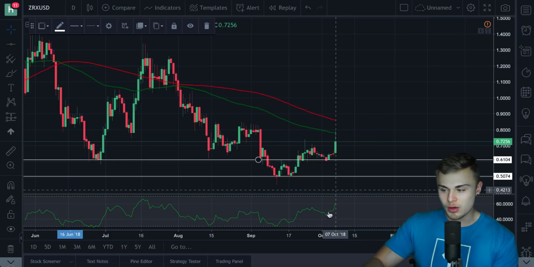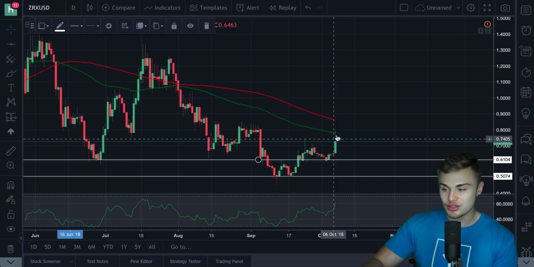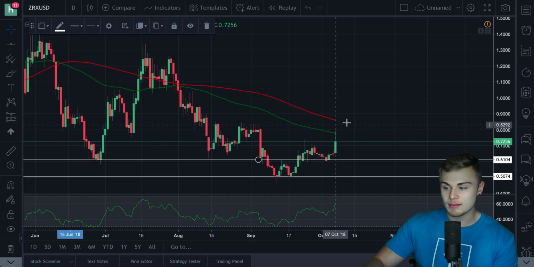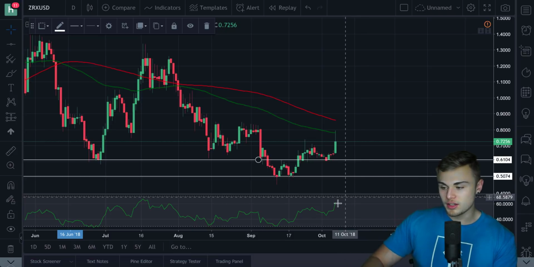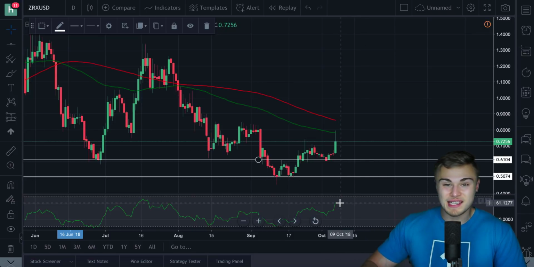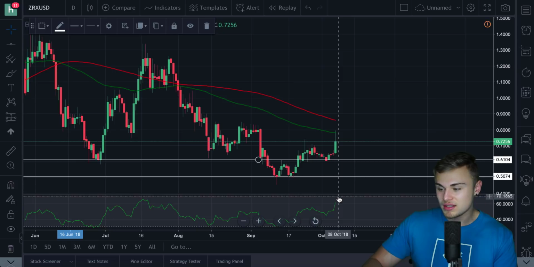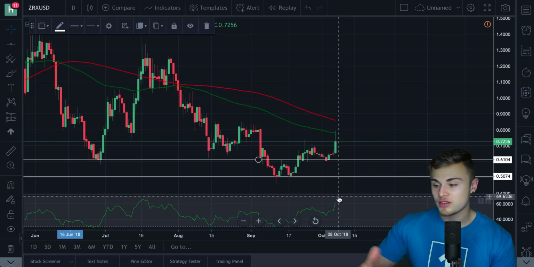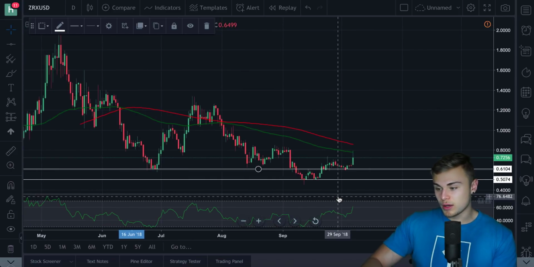There's plenty of potential in OX to go much higher, and I do think it will continue to move up, and I do think it will kind of get in between here and channel in between here quite shortly, because there is plenty of potential on its RSI. Only at 60, it can go up to like, I think, 70. Yeah, 70 before it becomes overbought, so there's plenty of movement left within OX. But it does look very nice. It is trading quite well.